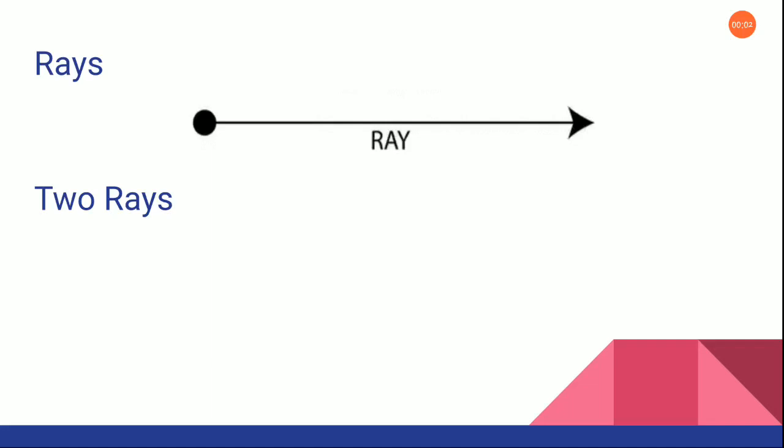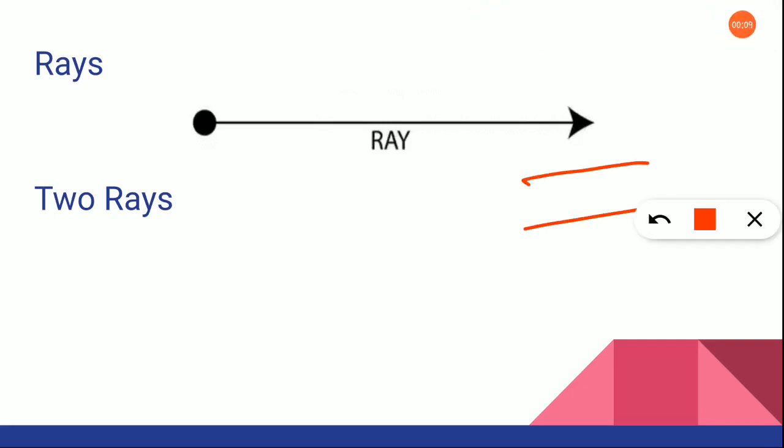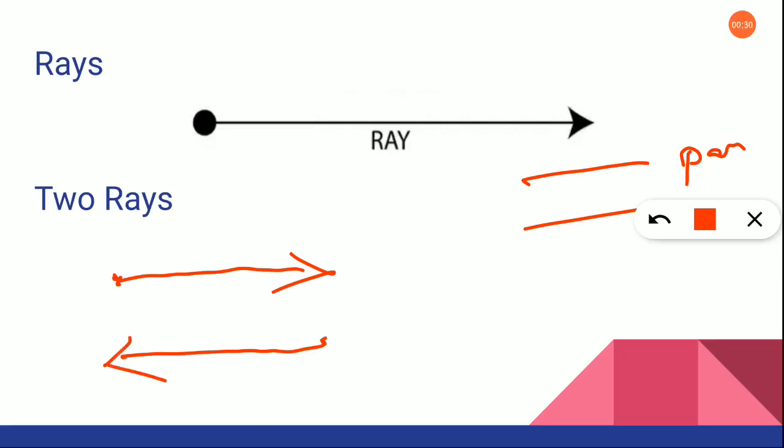Next, we are going to learn to draw two rays. I already told you about two lines. When there are two lines moving with the same distance between them, we can call it a parallel line. Same way, there are going to be two rays. It can be either parallel or intersecting. First, for a ray, there should be a starting point. So this one can be called a ray, and again I am having a starting point here and it moves in the left side direction. So this is called a parallel ray.